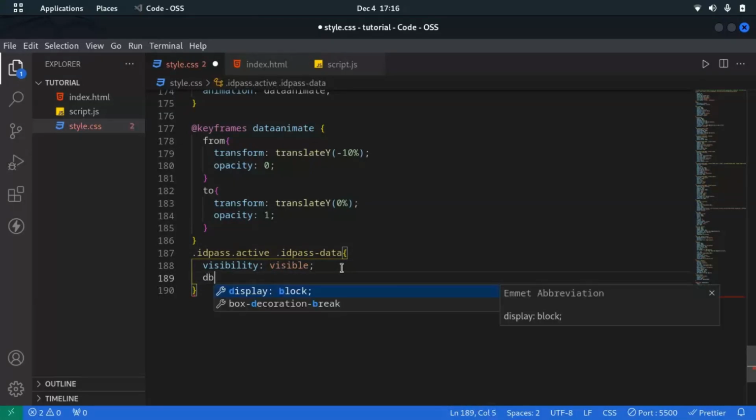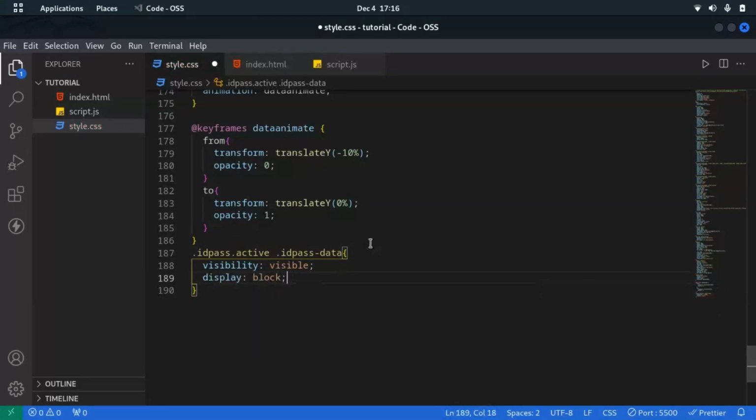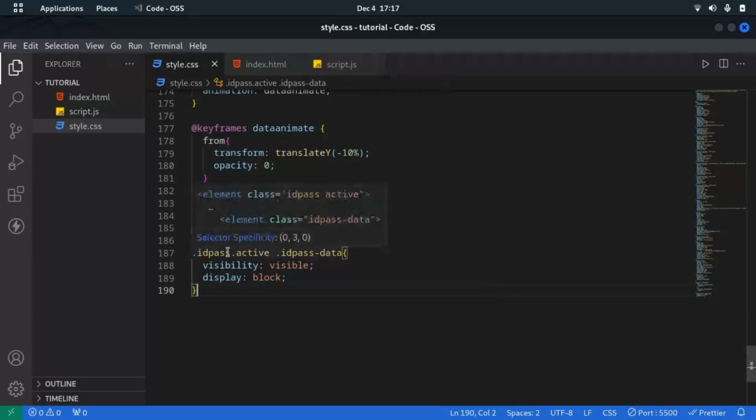Perfect. As we now have the display of block, the next thing for us to do is at least to make it clickable, and then when we click on it, we show the content inside it. For us to do that, we have to utilize our JavaScript, and I'm going to just copy this class